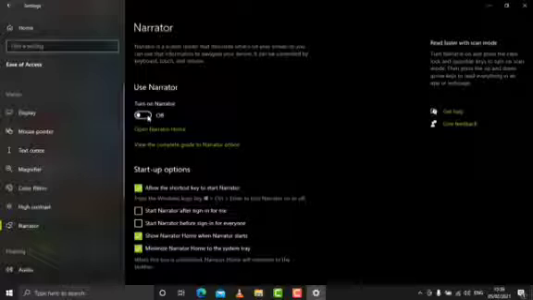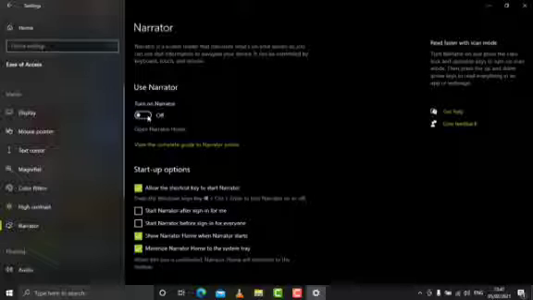What this Narrator will do is dictate all the options and the text present on the screen. Whatever buttons, options, and texts are present on the screen, Narrator will read everything loud and clear. A person with a vision problem may move the mouse over the screen, and wherever the mouse pointer goes, it will read it. So the person can use this feature to get the text in audio format. All the content printed on the screen, the person can hear.